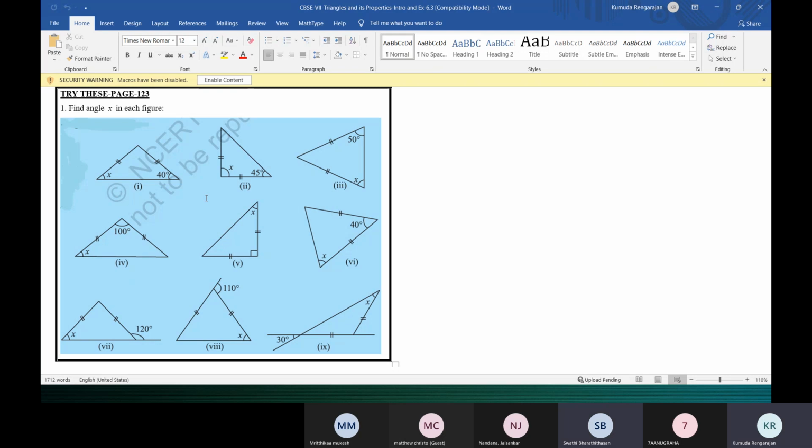But how do we get 2x? Who's this talking? Not Nandana, is it? Swati? Yes, ma'am, I said. No, no. I was asking Nandana. She said 90 plus x is equal to 180. So I was asking Nandana, where's the other angle? And suddenly you said 90 plus 2x. How did you get 2x? Ma'am, no, ma'am. 90 plus 2x I didn't tell. Oh, okay, sorry. So Nandana, you said 90 plus x is equal to 180, right? Yes, ma'am.